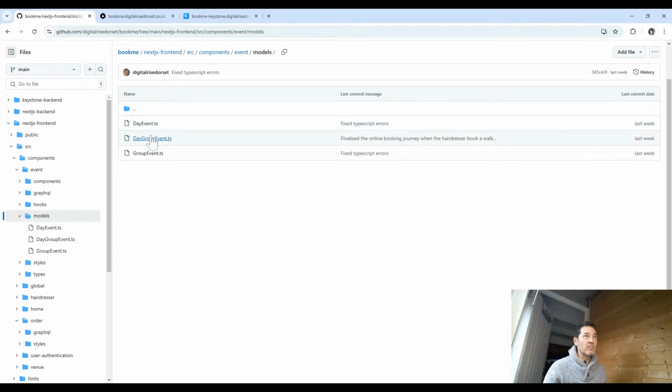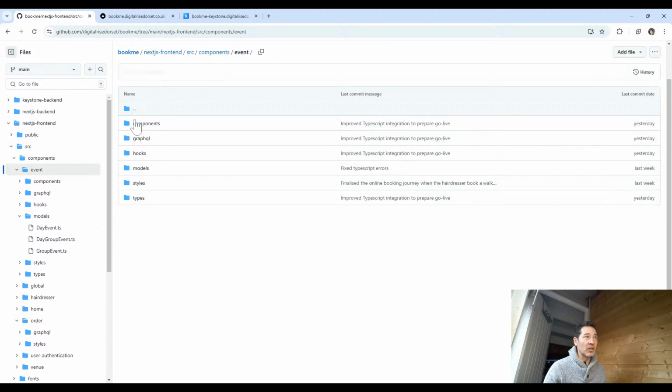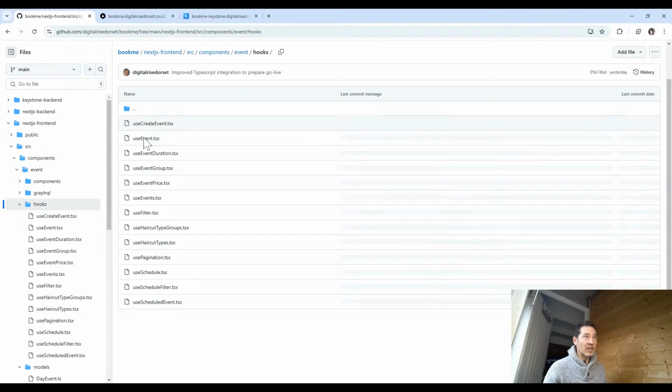In this model folder, it's literally classes, and their aim is just to wrap, to contain the parsing for my code. And type is to contain everything that's TypeScript related, because this project is set up with TypeScript. And style, no need to talk about it, obviously, it contains the CSS, but it's not as important in this project. So let's look at, for instance,